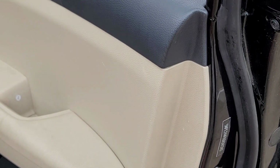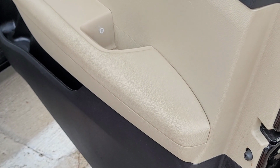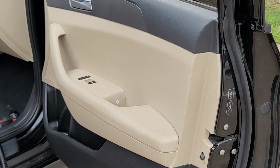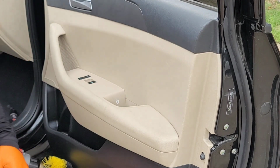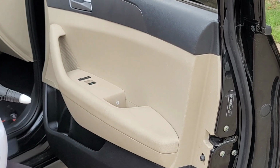And let me kind of zoom in really quick, and there you go. So you see there's still a lot of grime on there, even with a brush, guys. That is very hard to come out. So I'm gonna show you really quick how I tackle this. Alright, so for this process, guys, obviously Serrano sauce is going to be the winner. You're going to need probably the steamer to warm it up, and you're going to need a drill brush with the toilet brush attachment. What you're going to do, guys, is you're going to spray